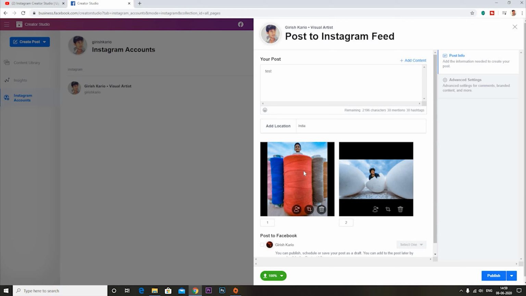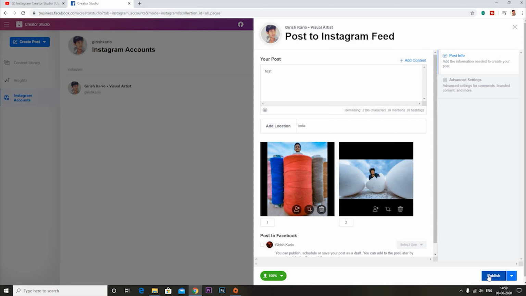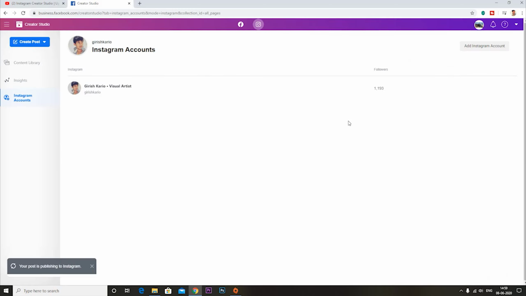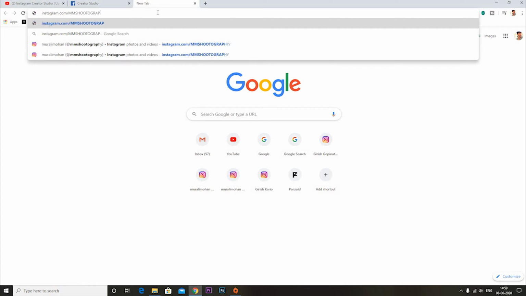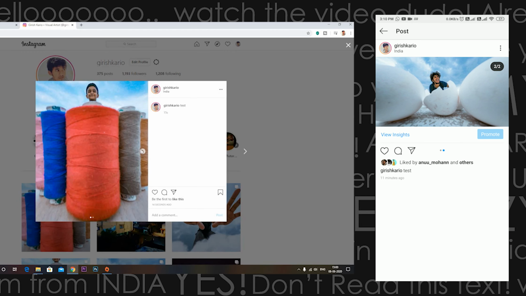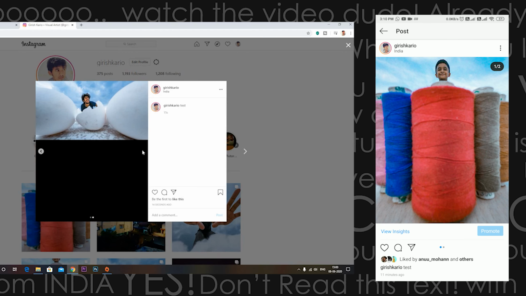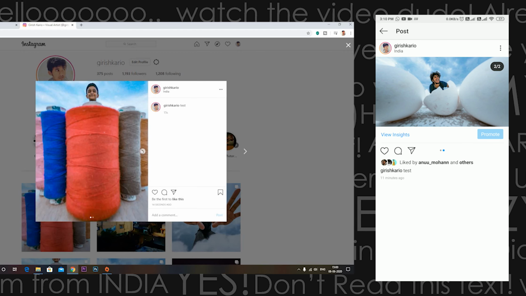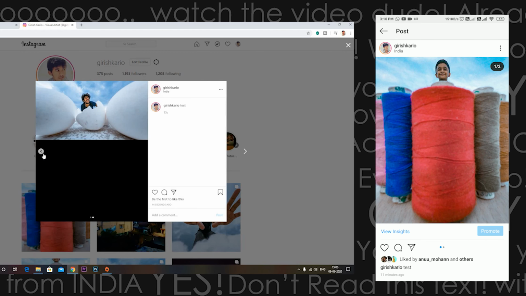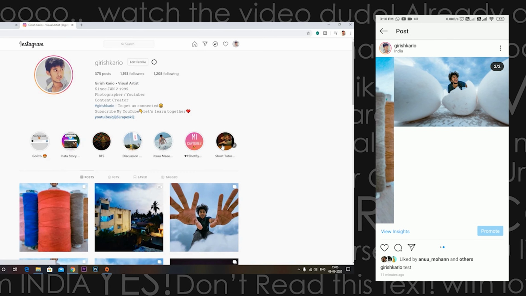Now I will just post the image to Instagram. Just click on the publish button. So your image is posted. So now if you go and see your Instagram account, you will have one Instagram post with both vertical and horizontal images. So it looks quite weird in the Instagram PC website, while in your mobile it just automatically adjusts itself based on the mobile view. So as you see, one photo is vertical and the other photo is horizontal. So that's how we can post both horizontal and vertical photos in Instagram.